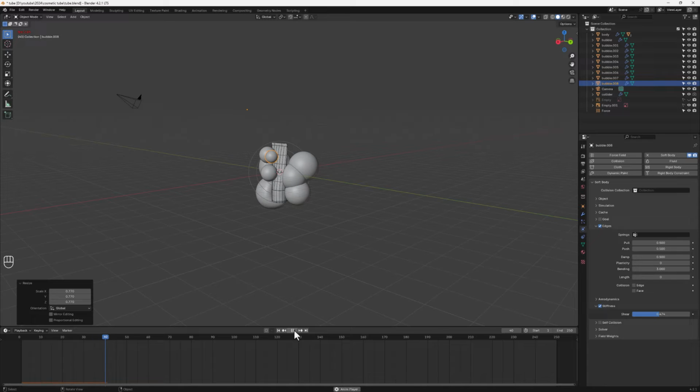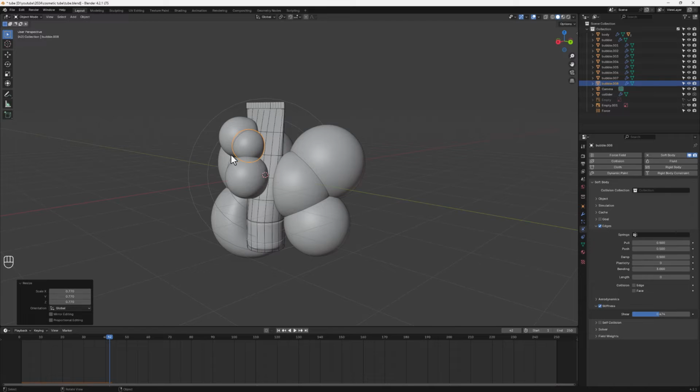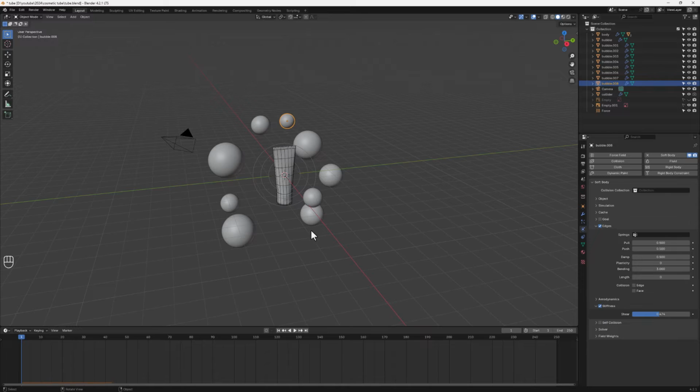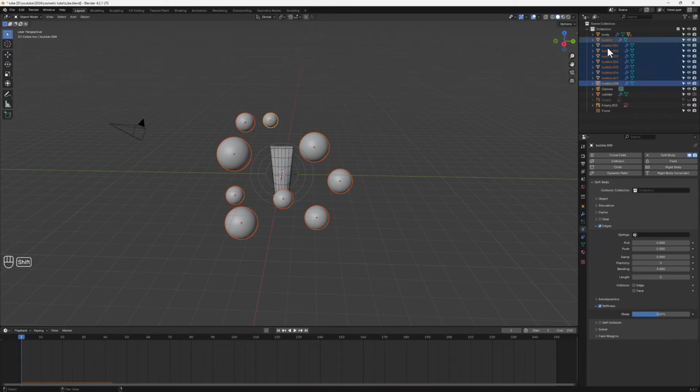So this is what we want, but then there's one big flaw. If I pause it, you can see everything is intersecting with each other, but that's not what we want. We want each of them to collide with each other as well. So let's just go back, and then let's make sure we select all the bubbles, so we have everything selected,